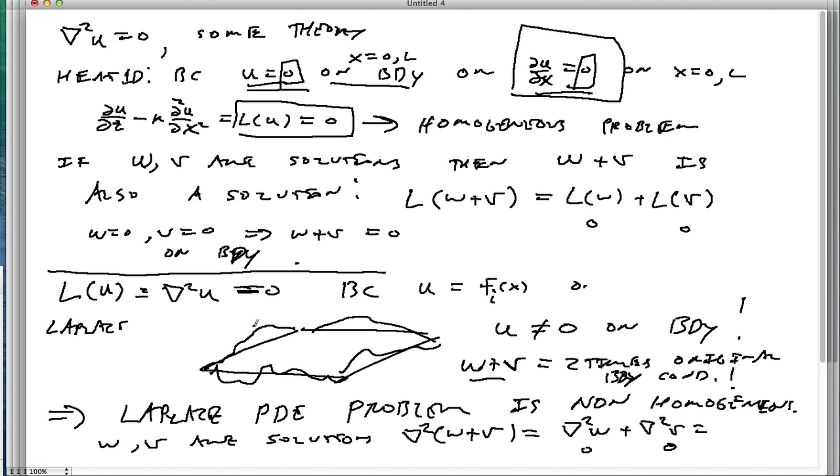So what this means is that with Dirichlet boundary conditions, superposition does not hold or does not apply. We don't have superposition of solutions. Okay, so that was a little bit of theory involved. So now we have to,